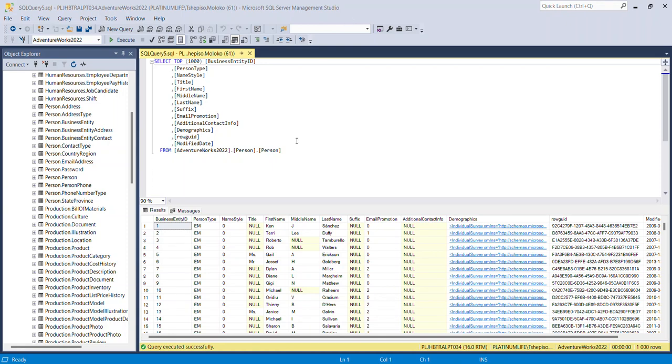Hello, today we'll be covering wildcards that use pattern matching to extract certain data you would like from a table. This is used in conjunction with the where statement. So this is the table